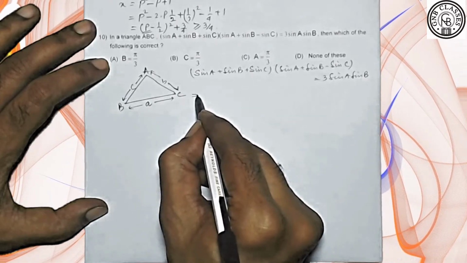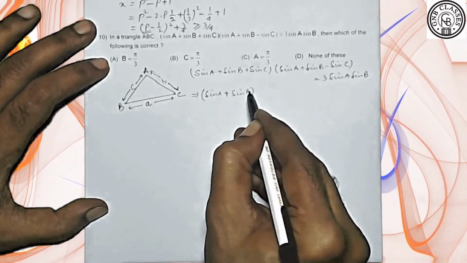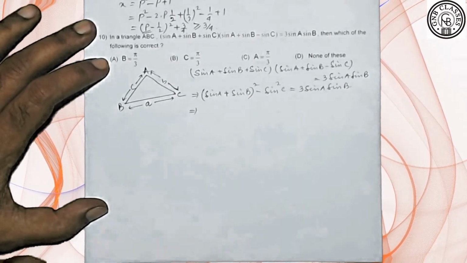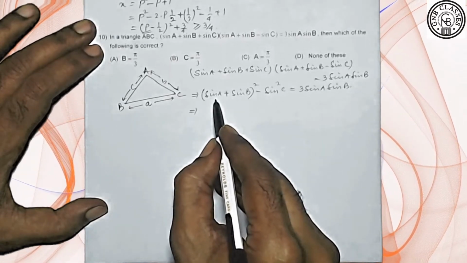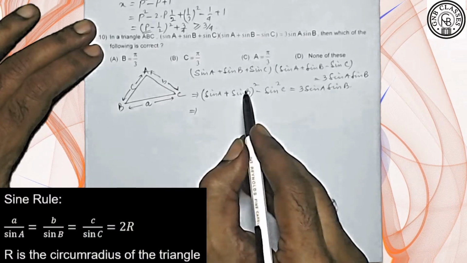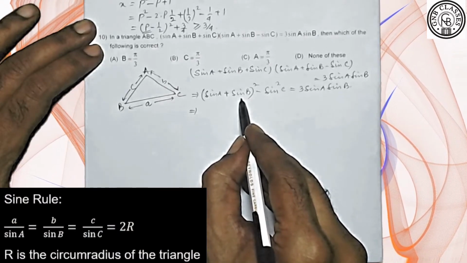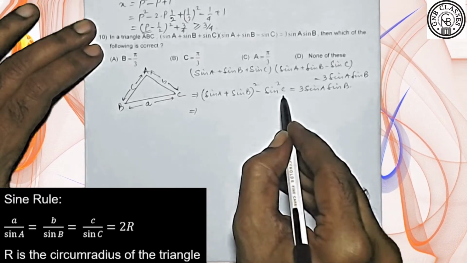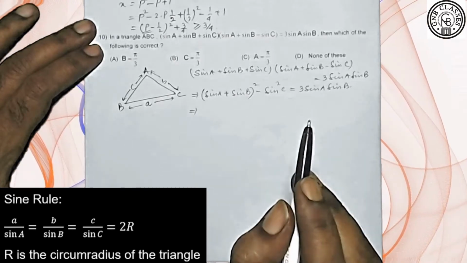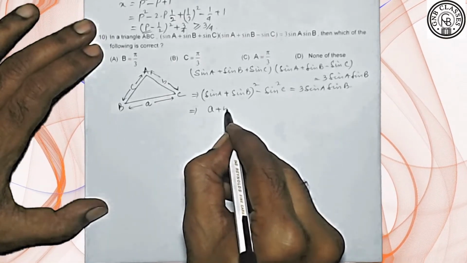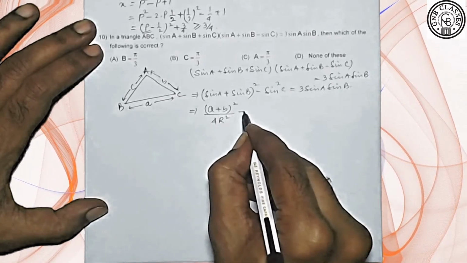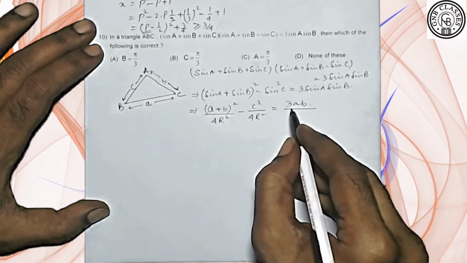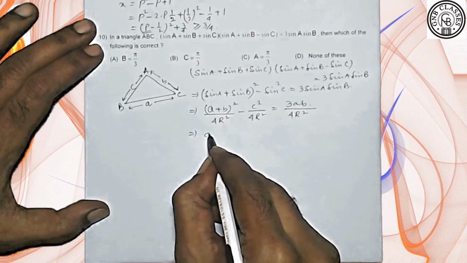Now we have been said, so from the left hand side we can get, now look at it carefully, we can write this thing as sine A can be written as a by 2R, sine B can be written as b by 2 capital R. Capital R is the circumradius of that triangle ABC. And sine C can be written as c by 2R. This is the sine rule. So what we are getting basically? So we are having,